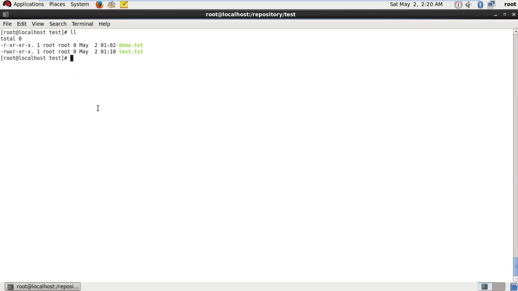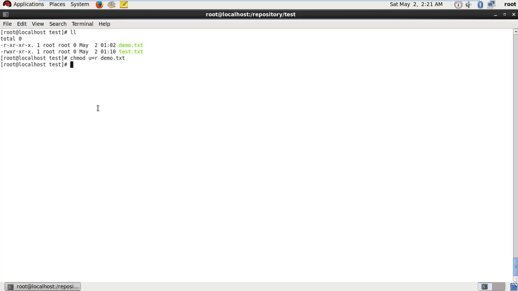So now we will see how to replace a permission. We will add the chmod command again, user equal read permission, and enter demo.